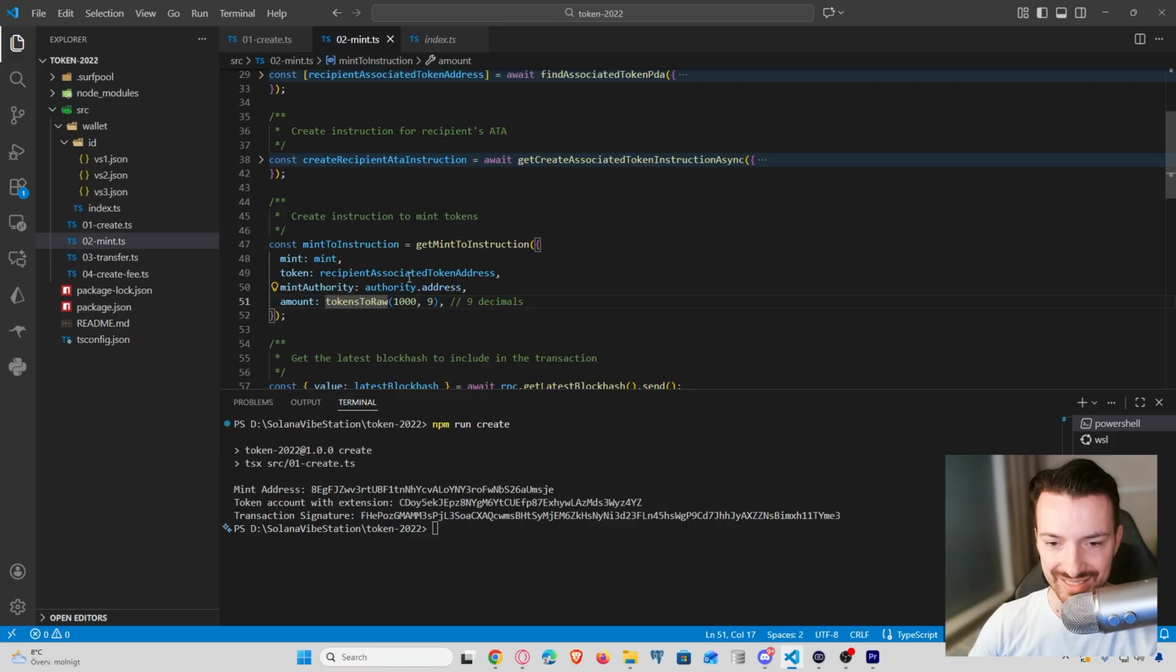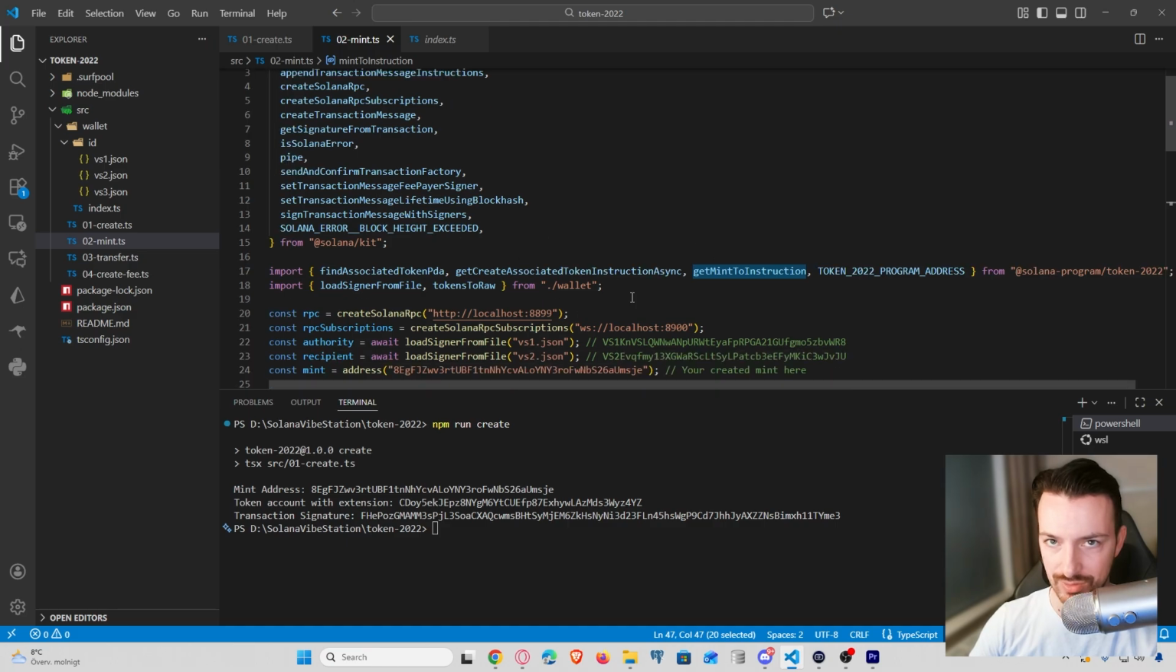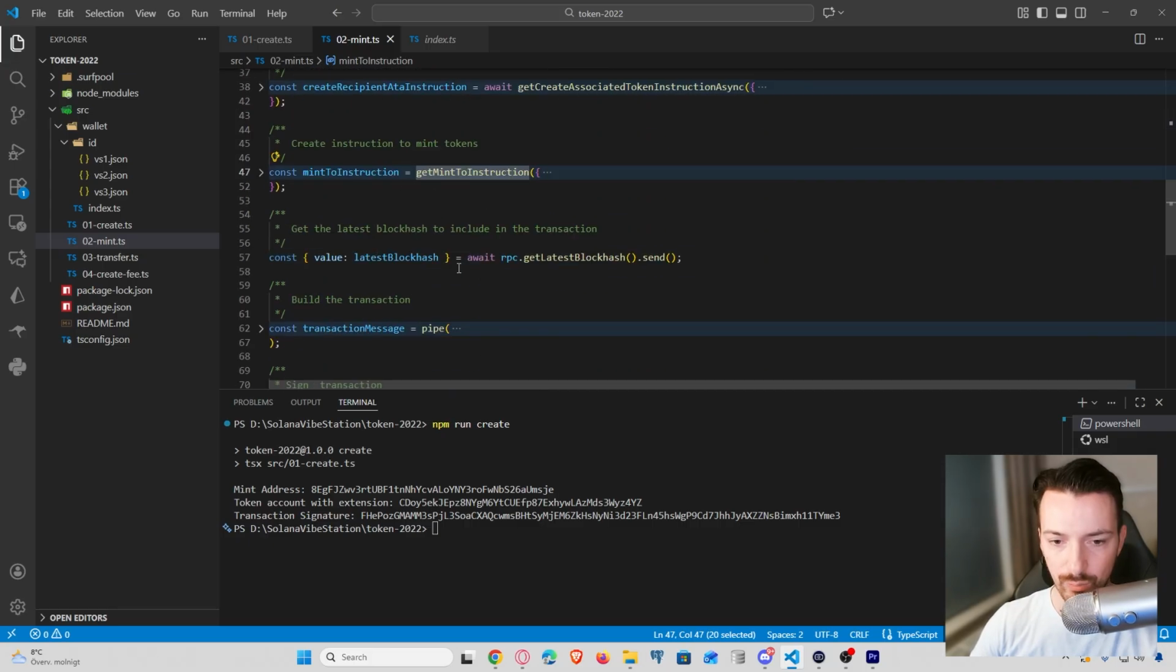And we can use the get mint to instruction function for that. Now also that function is imported here on top. As you can see, it comes with the Solana program Token-2022 library. Next, once again, we fetch our latest block hash just as what we did before, and we are going to